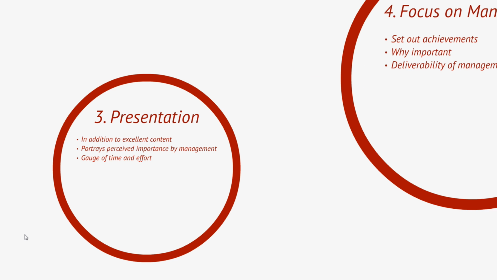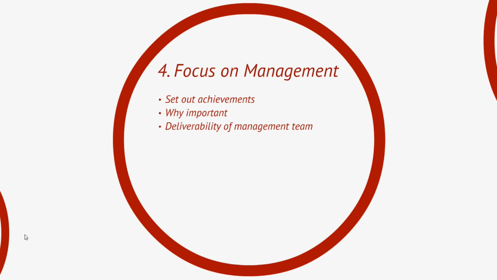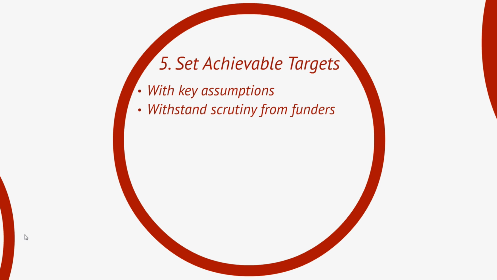Next, it should be noted that invariably management are key, and the plan should ensure there is sufficient focus on this area. It may feel like blowing your own trumpet, but that is what you need to do. Tell people what you've achieved and why this makes the team proud, and people will then be more likely to believe your plans for the future. There is no point in having a very detailed, credible plan if the management team are not able to deliver. Linked to this, make sure that the plan is achievable. As mentioned, you aren't expected to have a crystal ball, but ensure that key strategies and market assumptions about the future and your financial assumptions can stand up to scrutiny, and expect a challenge from funders, because that is what they'll do.